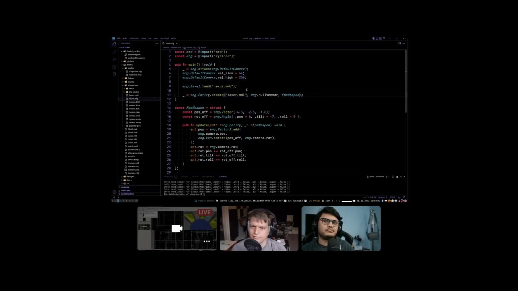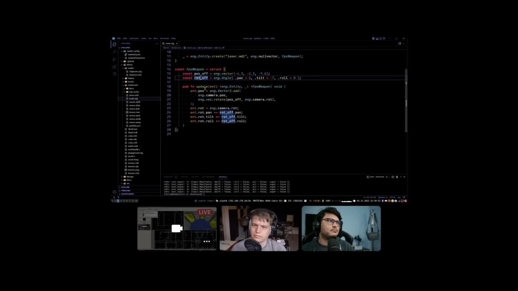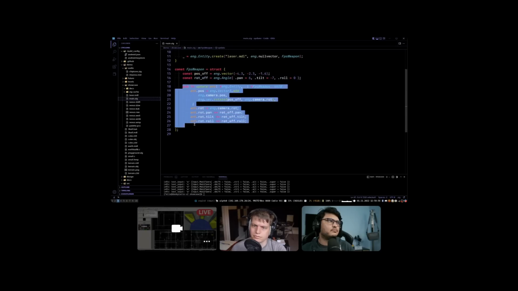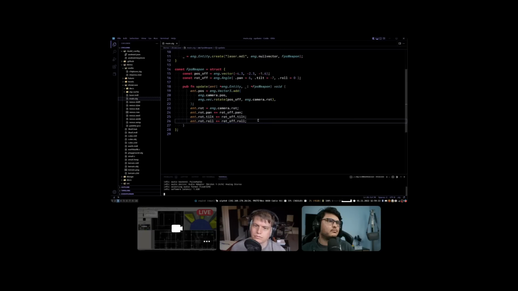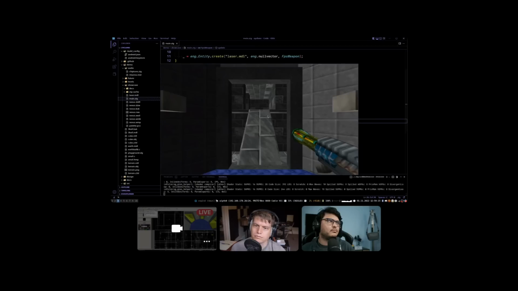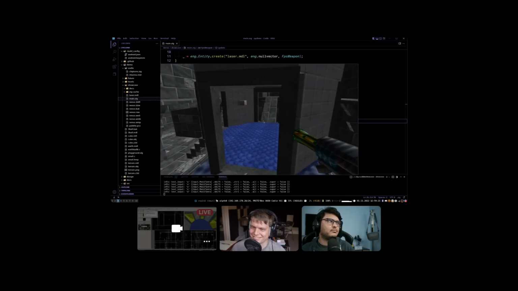We then create a model file called laser.model in the engine. It has the behavior FPS weapon. The FPS weapon has an offset to the camera and a rotational offset to the camera. And then per frame we compute the positional offset by rotating the offset by the camera rotation and adding it to the camera center. And we just copy the camera rotation and apply some nice offsets here. And if we compile that, it will take a minute. And then we got ourselves a first-person shooter. And that is how you build games with the Cyclone game engine.